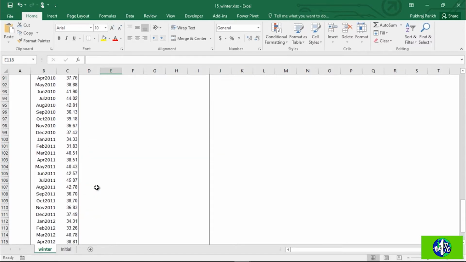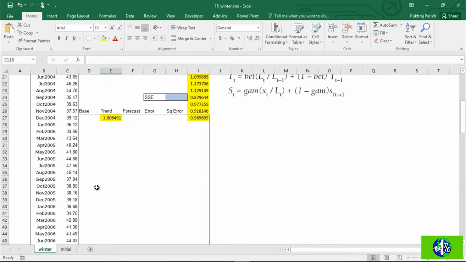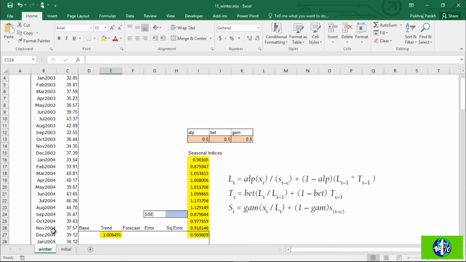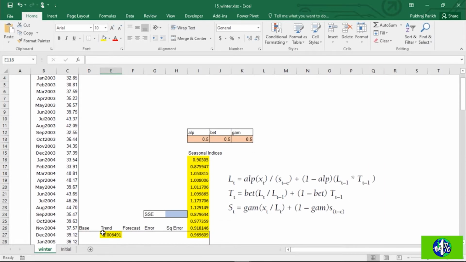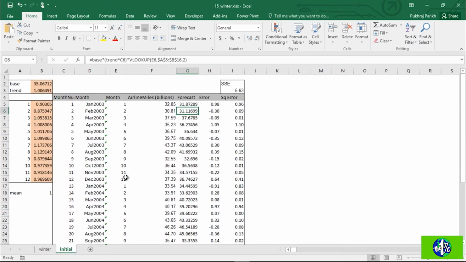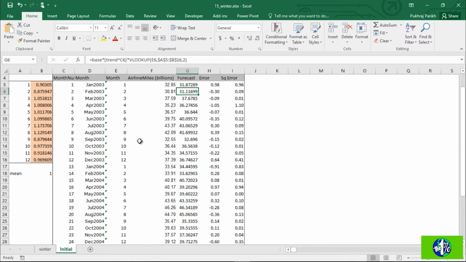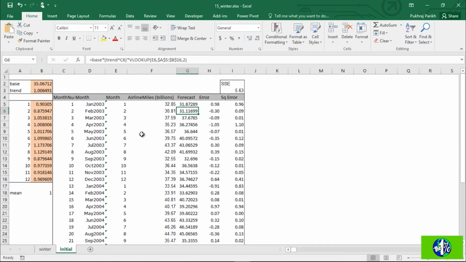As told in the theory lecture, for the Winter method, we need to initialize the value of level, that is base, trend and seasonal index. These three values will be initialized using the multiplicative model. So we will use the first 2 years of data to build this multiplicative model to get the value of trend and seasonality. So in this sheet, which is titled Initial,